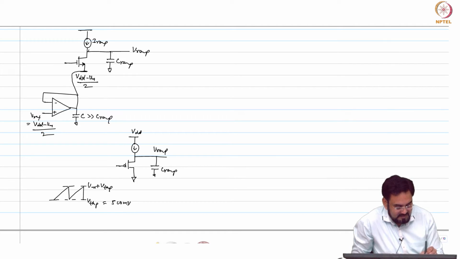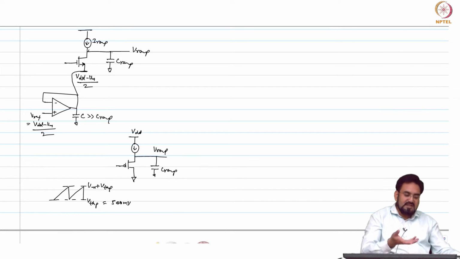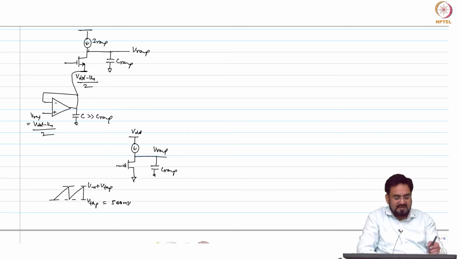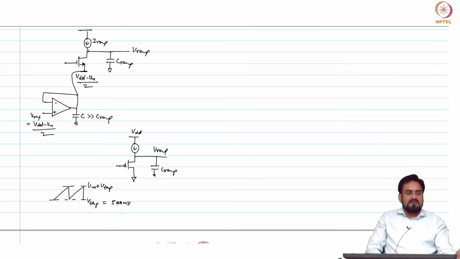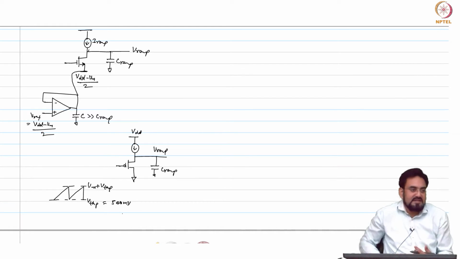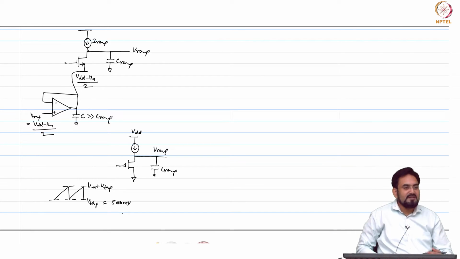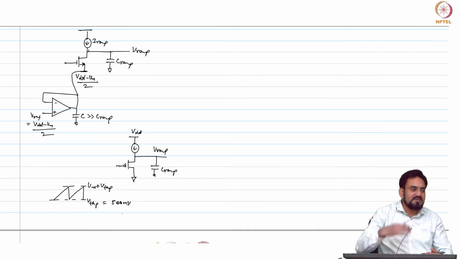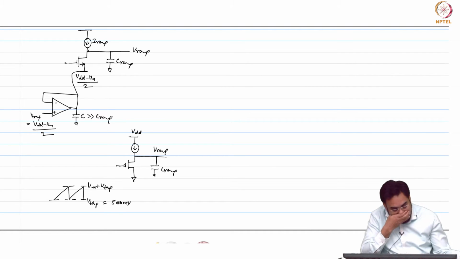This is roughly 500 millivolt. So, still okay. You can use a little bit larger device, so you can bring this 500 millivolt close to 400 millivolt if you want. And if you are operating at a much higher voltage, let us say 5 volt or so, then you can stack multiple PMOSs and use 2 VT, 3 VT, whatever you want. Okay.